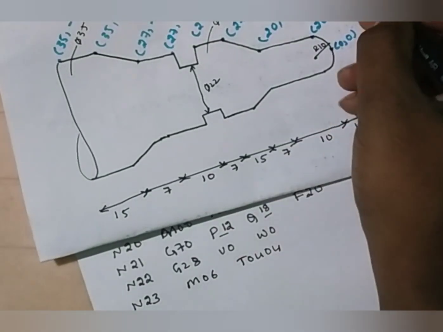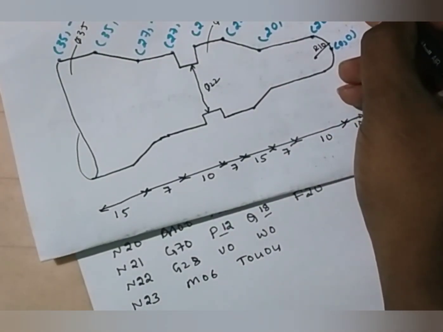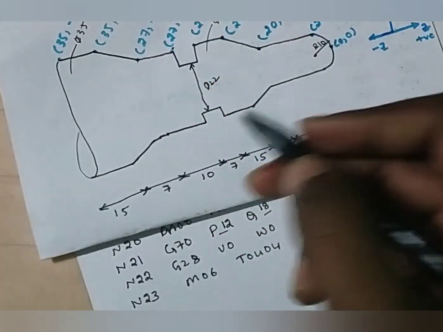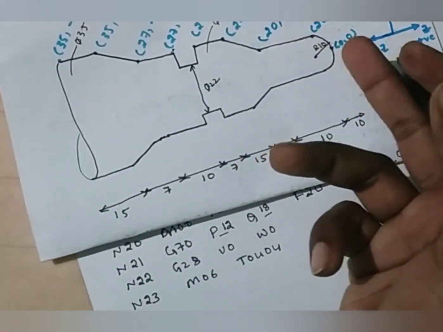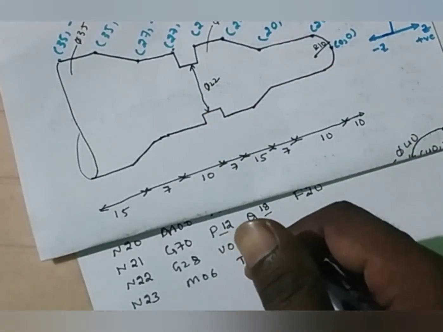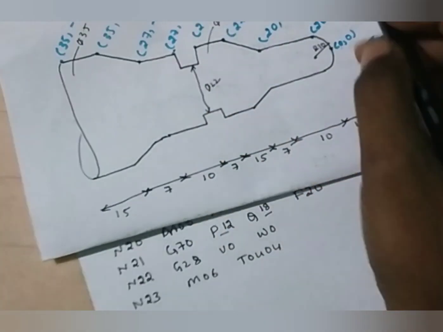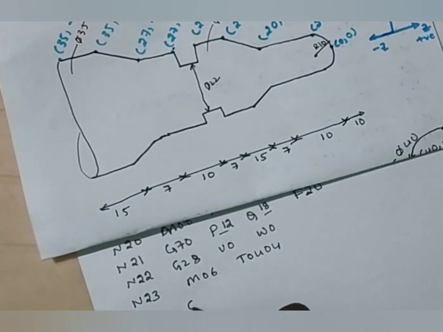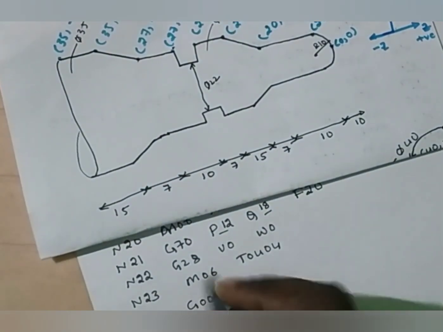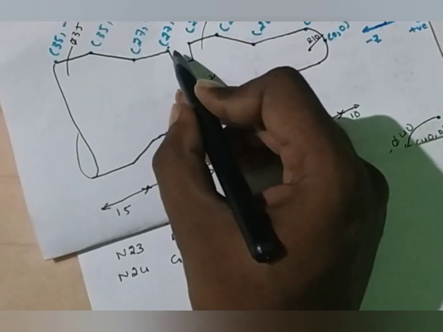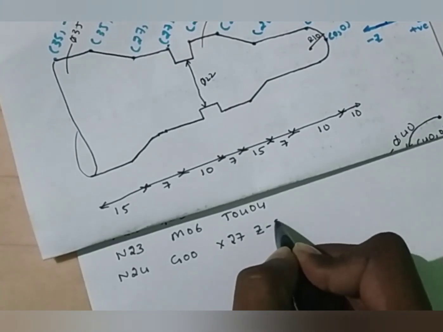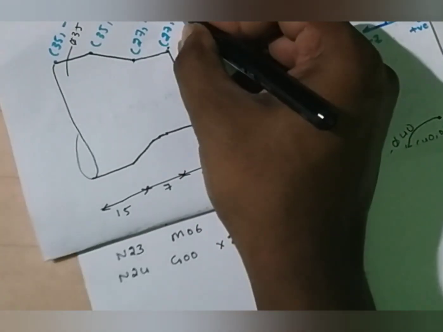N24. Now the tool is somewhere here at the reference point. You have to move the tool from this point to this point. Okay, you can perform the groove from left to right direction or right to left direction. In this program I'm performing from left to right. Therefore I'm going to move the tool from its reference point to this point. While moving we have to use G00, and the coordinate at this point is X27, Z minus 59. Sorry, Z is minus 49.